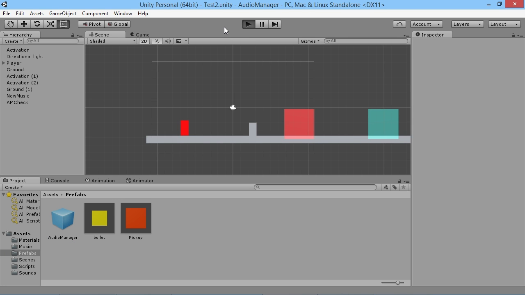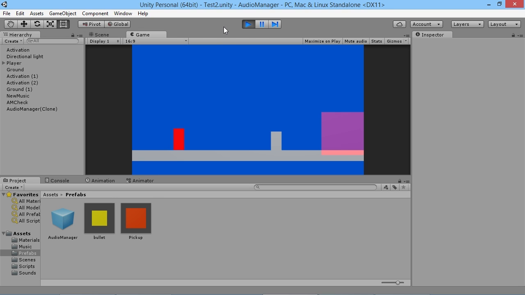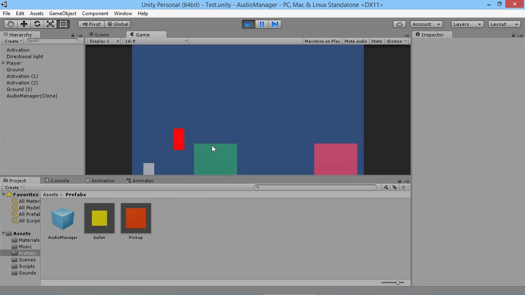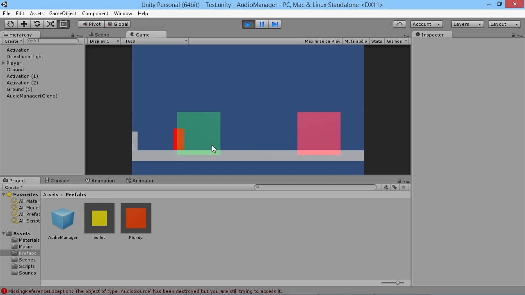and then we hit play. So we run over here, we've got our audio manager going. We can see it's called audio manager clone, whereas the one in our first scene is actually just called audio manager. So then we can see if we walk in here, we go back to this one, our audio manager now is gone. We don't have to worry about it anymore. So we can just go along here. But we are getting a bit of an error here because the audio sources, these ones here,